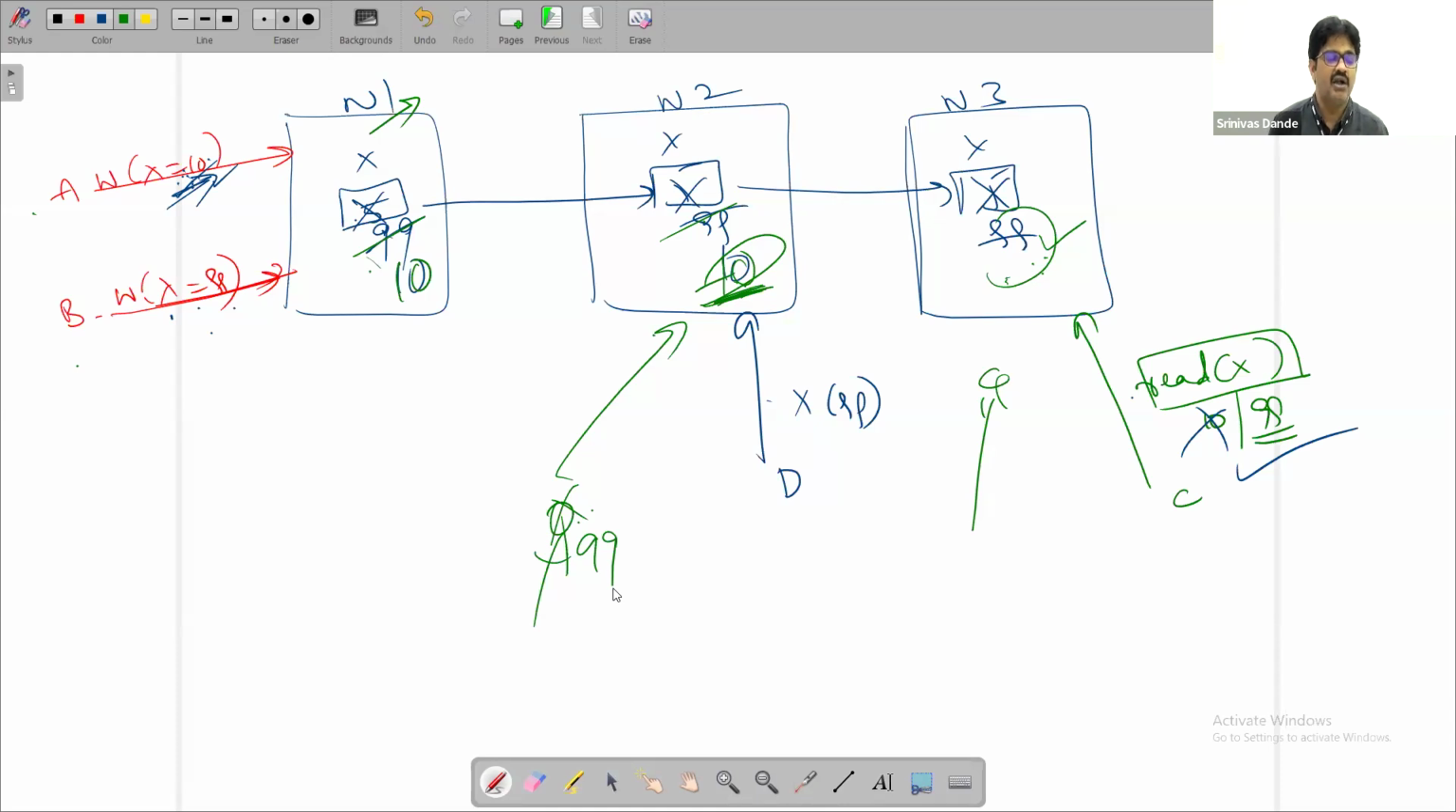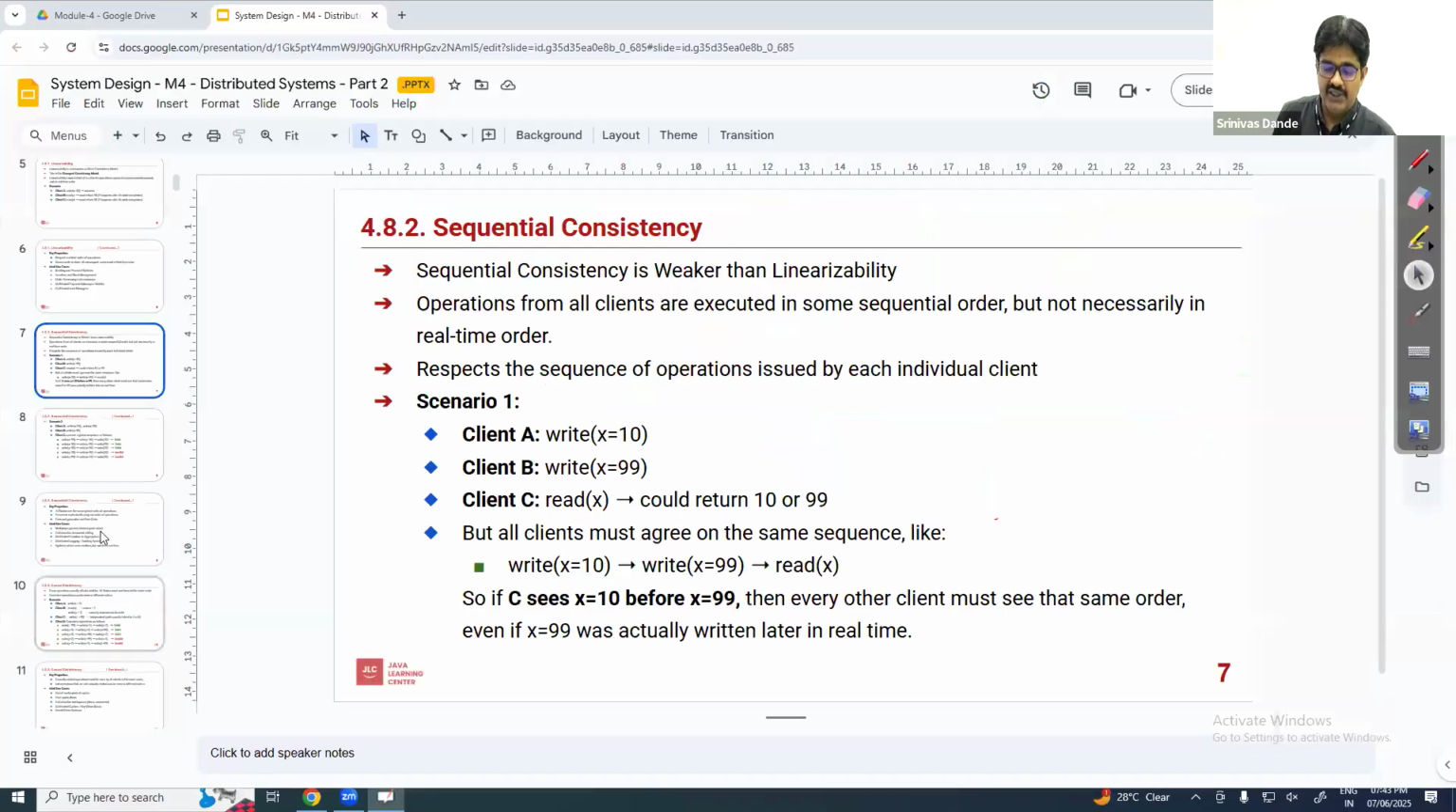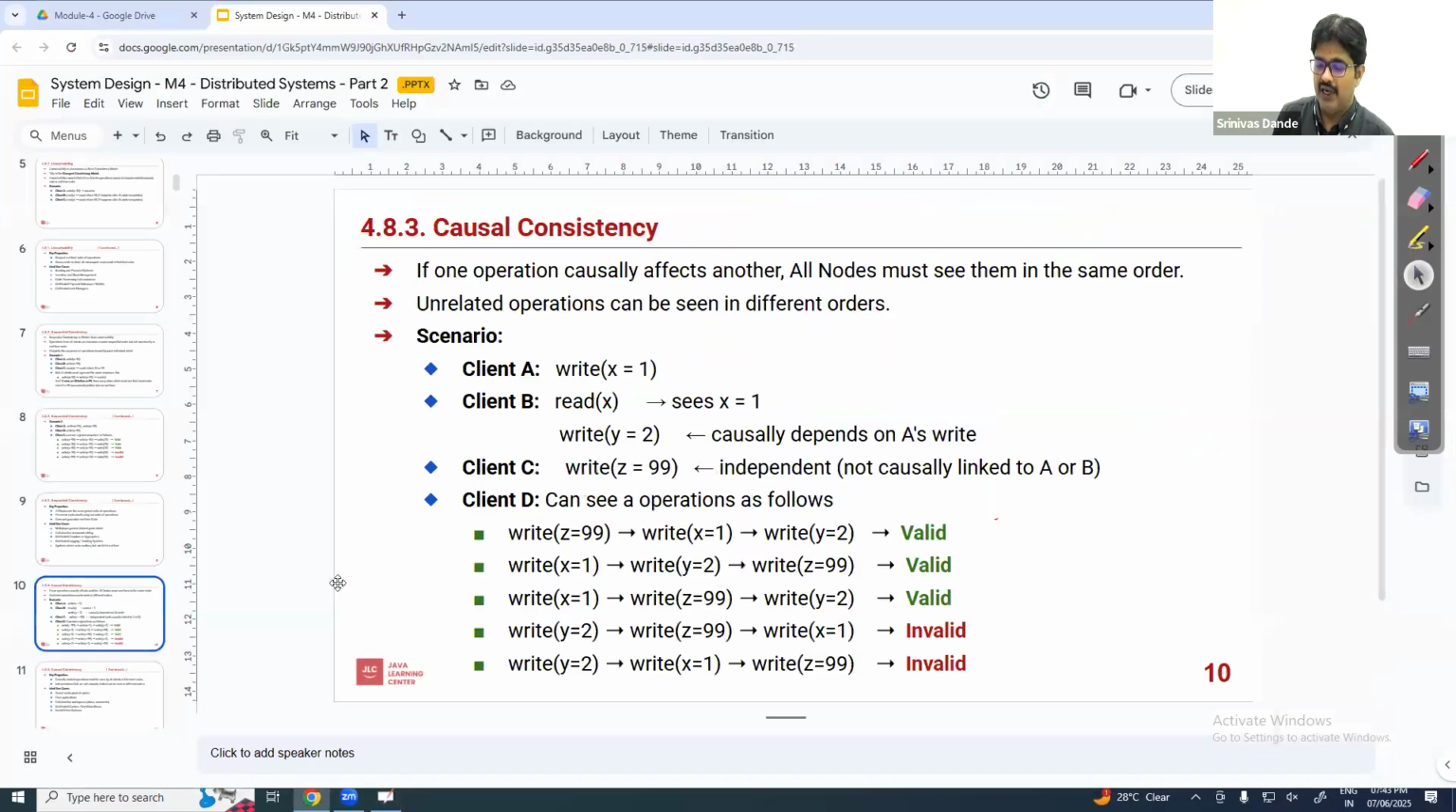That is the replica contract. That's the point. You got the point now. Until the X10 is replicated across all, every client will see the same. Right. So sequential is done. Okay, let's move to